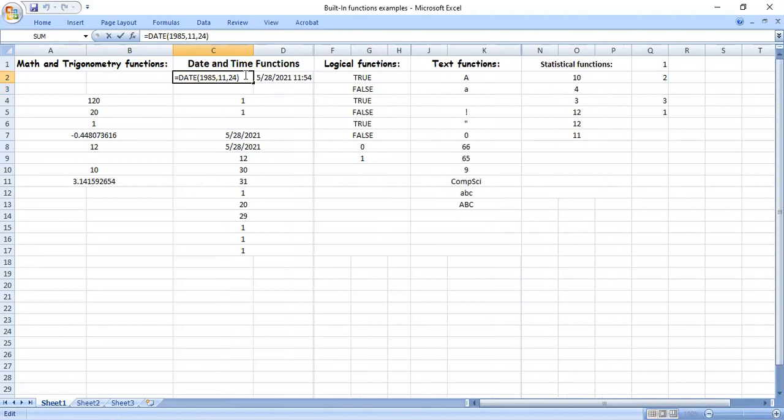If I give it in the format equals DATE of 1985, 11, 24, the result is month slash date slash year. So we came to know how to use this function. DATE is the function name, and in the function you give year, month, and date. Then coming to the next function,